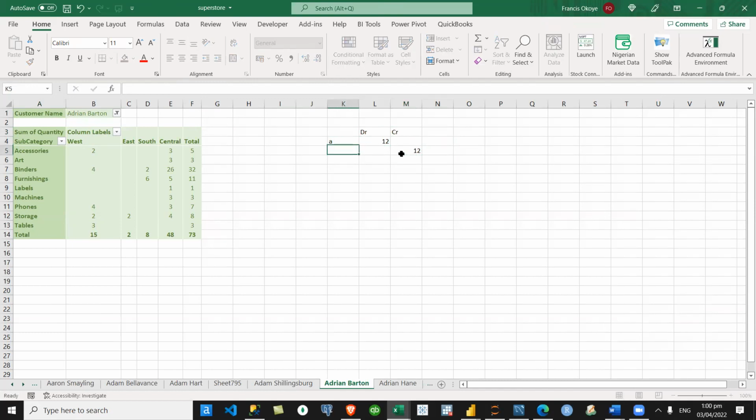Let's say this is A, this is A, this means I'm reversing this account. Now, you know what some people will do? Instead of doing it this way, they will program it and put -12 here. That would have been easier, and mathematically, you do the calculation.